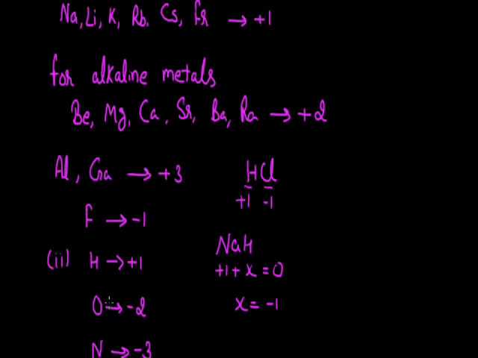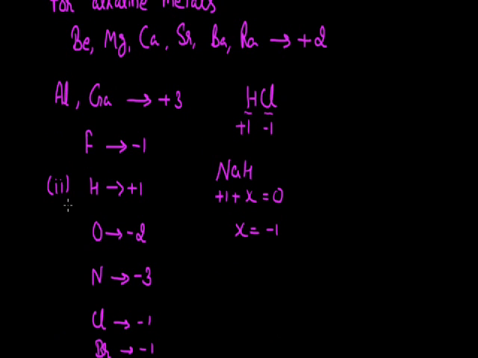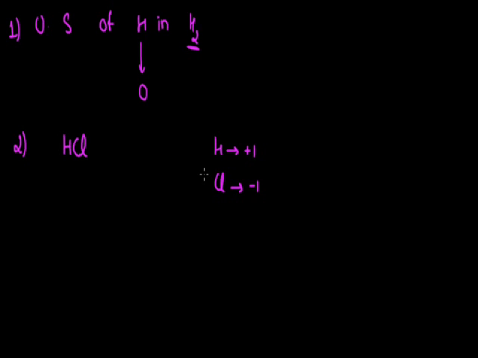If I talk about this table, in this table hydrogen is coming at the upper position as compared to this chlorine atom. So in the example hydrogen chloride, we will be putting the value only for hydrogen, and the oxidation state of chlorine will depend on the oxidation state of hydrogen. The oxidation state of hydrogen is +1 here.